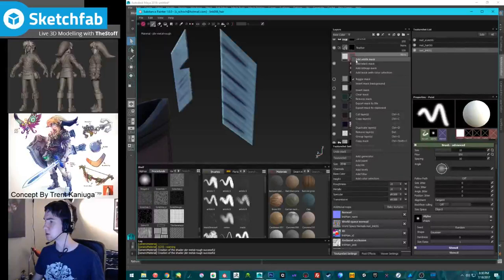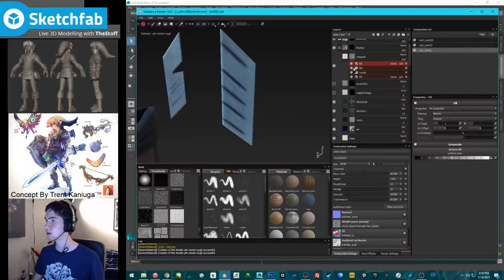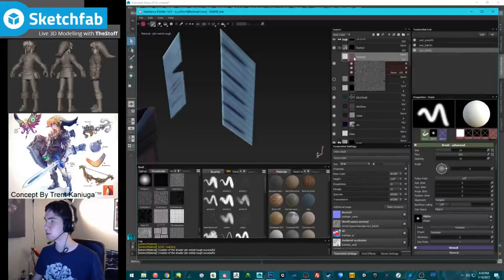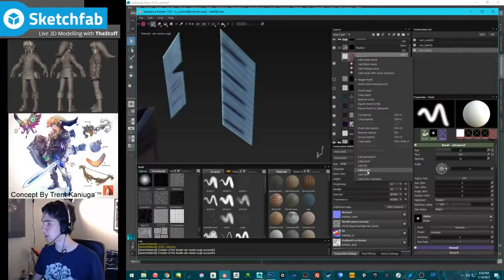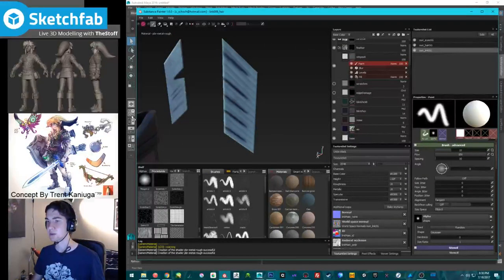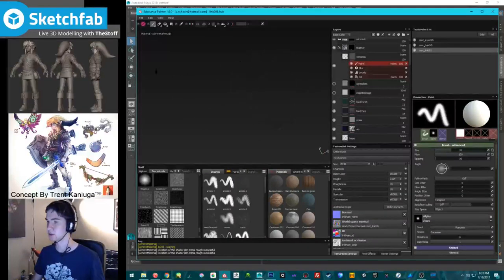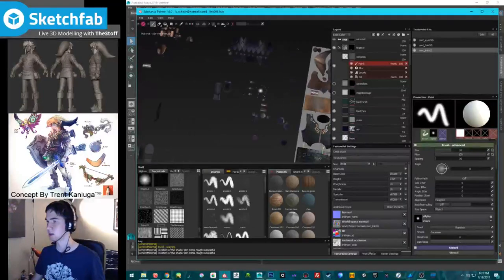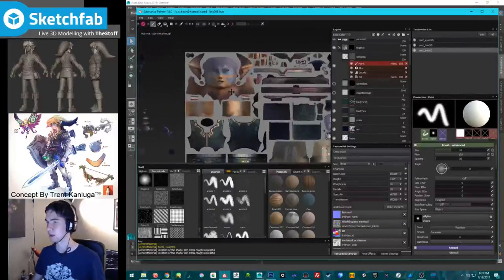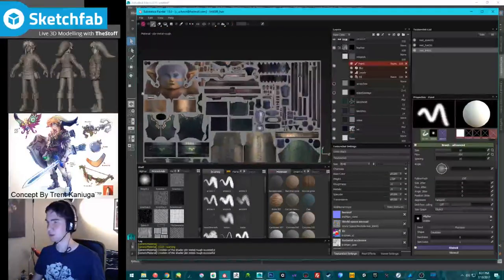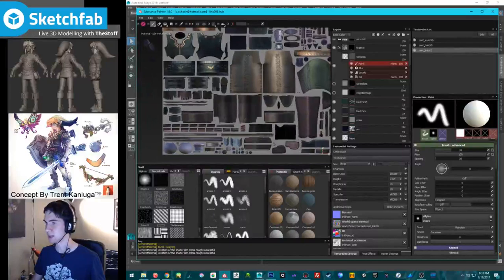Then we're gonna do add fill. Or no, wait, I'm gonna add a paint, but I want to duplicate this. Whatever, I'll do this first. So add paint, and then we're gonna go in here. We're gonna go to 2D. Oops, that's not what I wanted. Where am I? What the heck? What is going on here? Oh, right. Now I remember. If you have stuff off the UV or the main UV square, that's what happens.